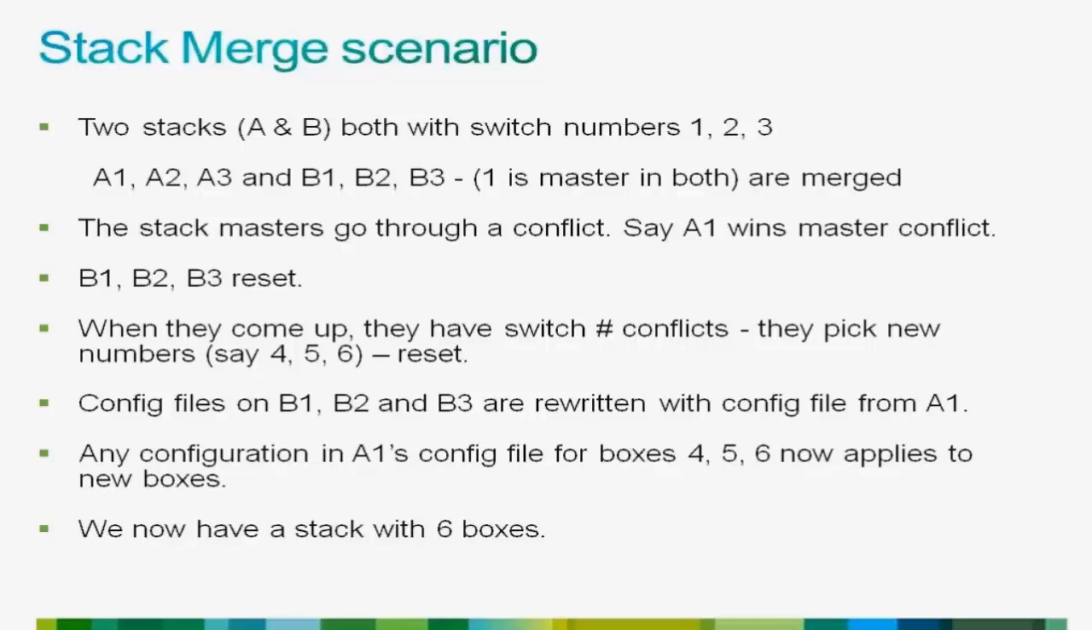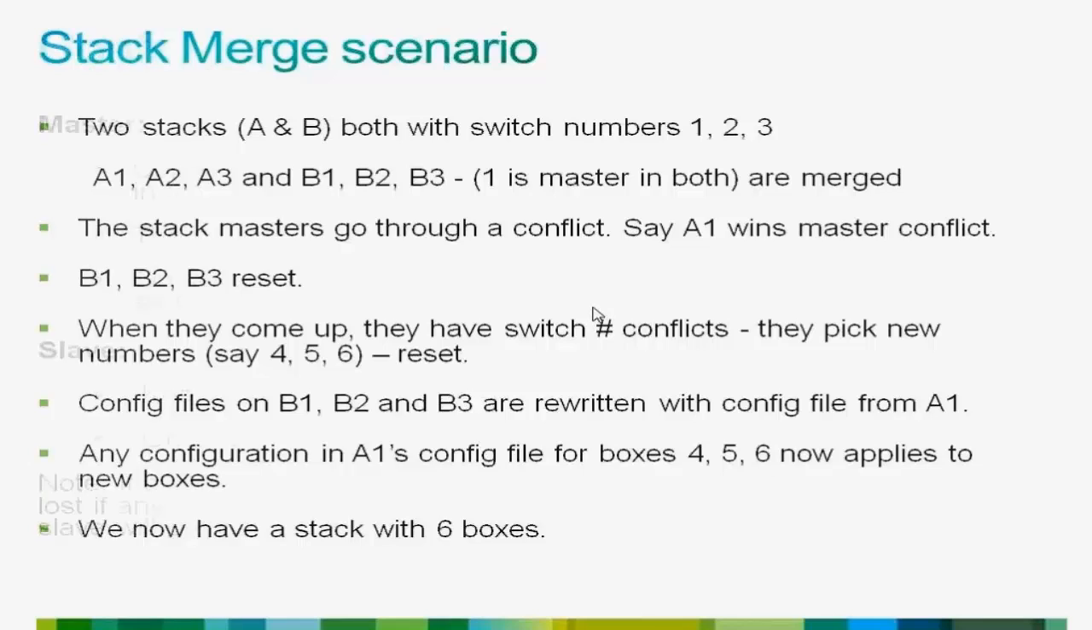When you merge these two stacks, again the election is going to happen, and let's say A1 wins the race and is elected as master. All the configuration on B1, B2, B3 will be wiped out, and the configuration from A1, A2, A3, or from A1, will be copied to B1, B2, B3. Also, the numbers that we had on the B stack, like 1, 2, 3, will be renumbered as 4, 5, 6. This is one of the common scenarios we have seen in our experience, so this might be useful